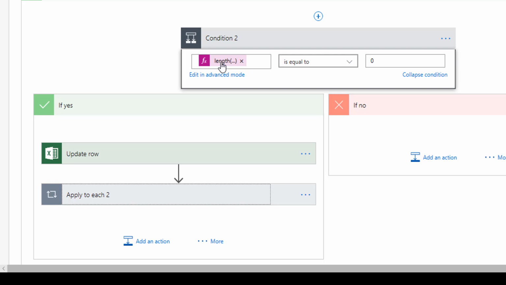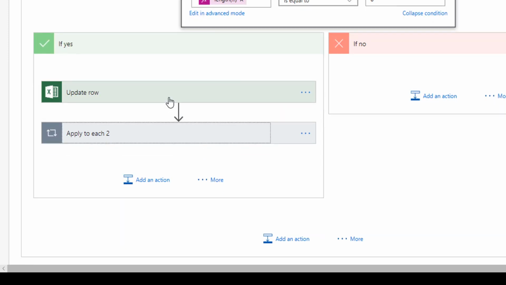Finally, in the length is what I did for the end time, and that's the way I was able to figure out whether the end time was equal to 0, because that's how I could tell that this is the last one in the item and also the one which hasn't been updated yet, and that's the one I'm going to update. So it goes through this condition and says, yep, that's the one that is still blank, let's go ahead and